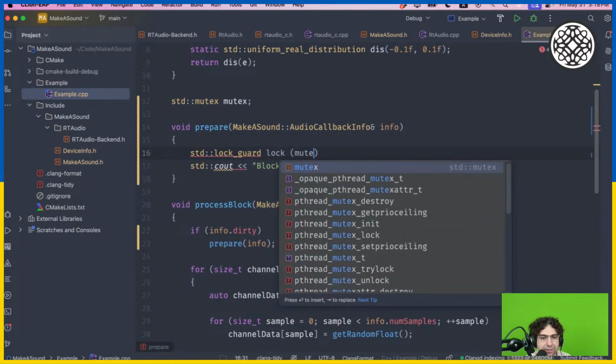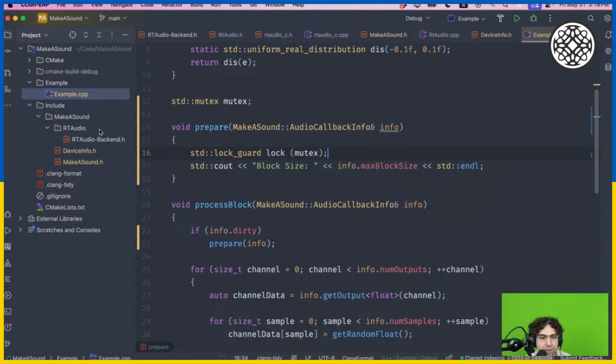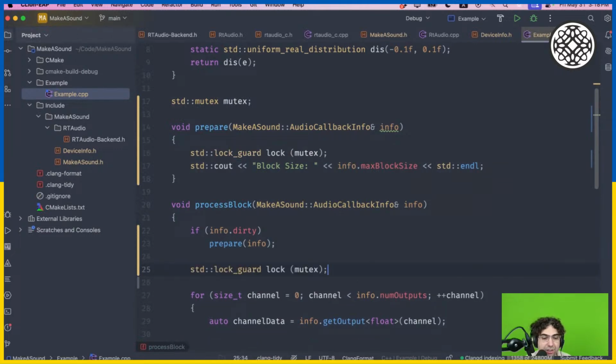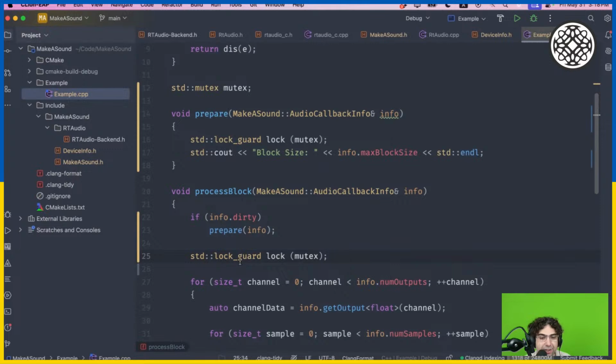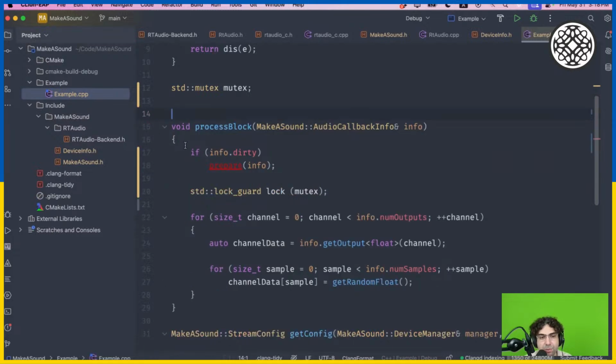They'd be afraid that if they allocate memory here and work with some shared memory, they would collide, right? But because prepare gets called directly from process, I think, and I've not looked at all the possible